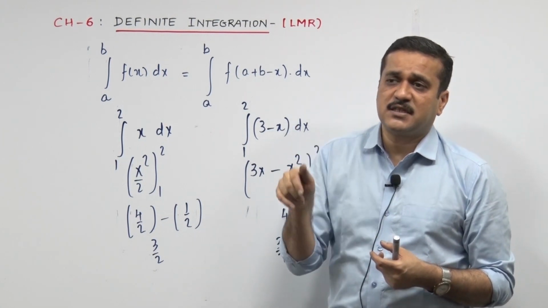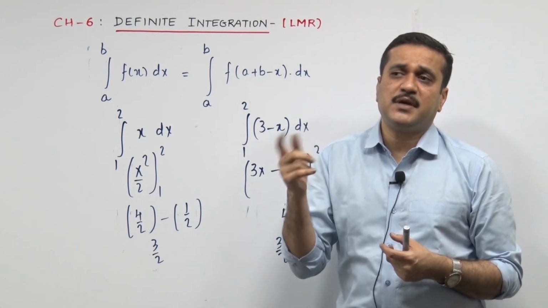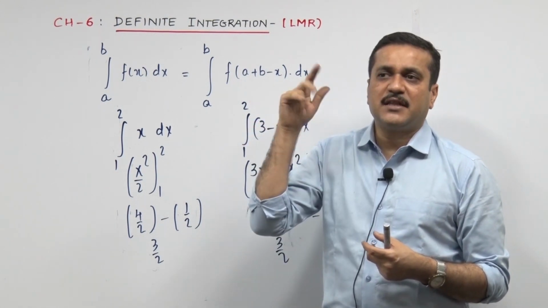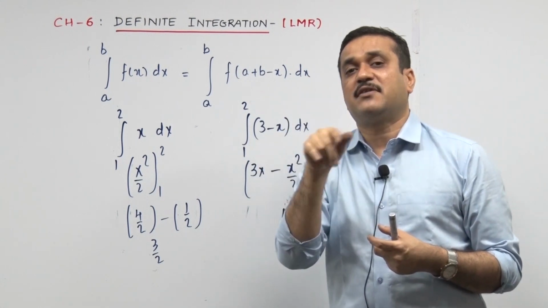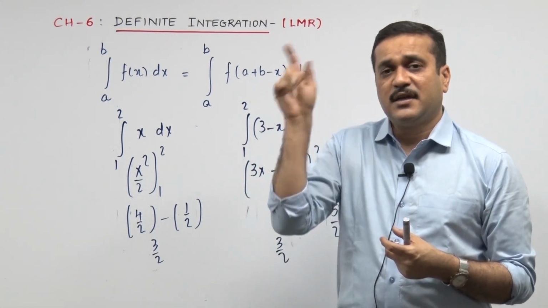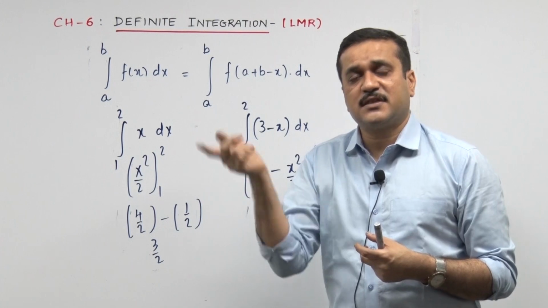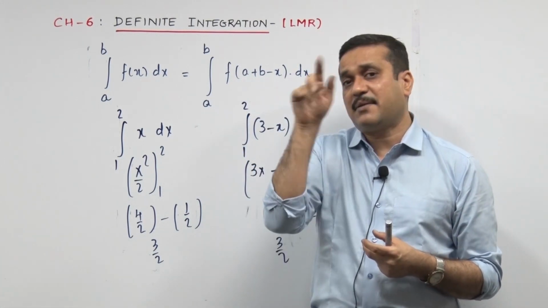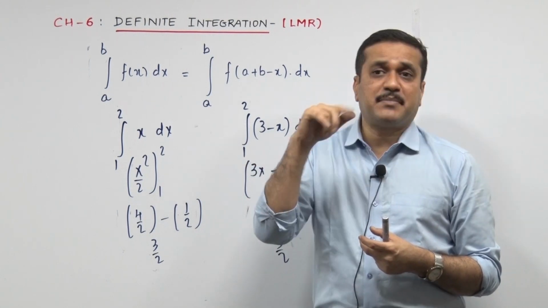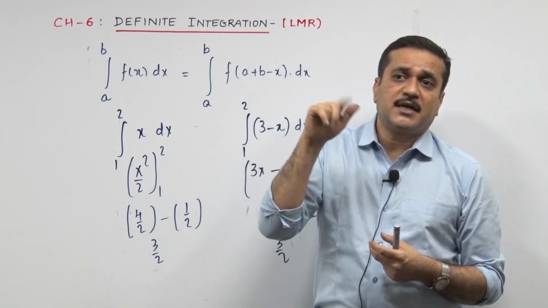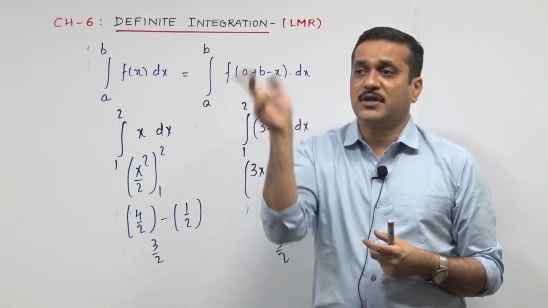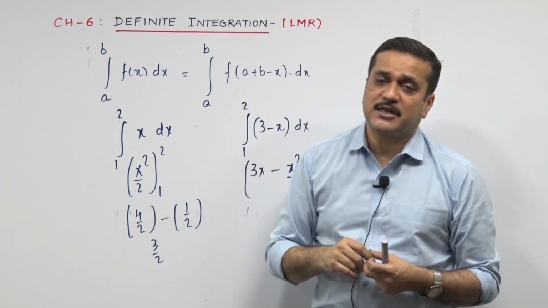Integral from a to b of f(x) dx is equal to the integral from a to b of f(a plus b minus x) dx. Sir, you go very smoothly, because in the back of the mind I have that thing, we can change our x to a plus b minus x. So I started: integral from a to b of f(x) dx is equal to integral from a to b of f(a plus b minus x) dx. The other one was a minus x. That happens in the 0 to a case. So integral from 0 to a of f(x) dx is equal to integral from 0 to a of f(a minus x) dx, changing my x to a minus x.